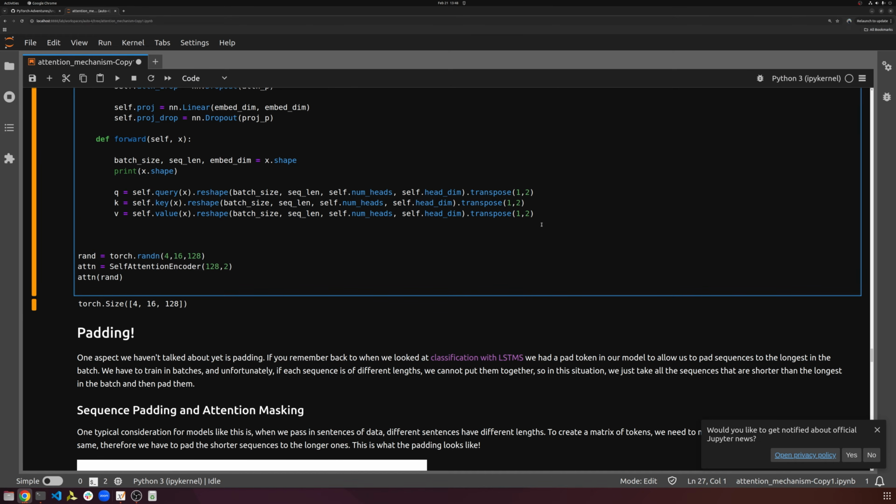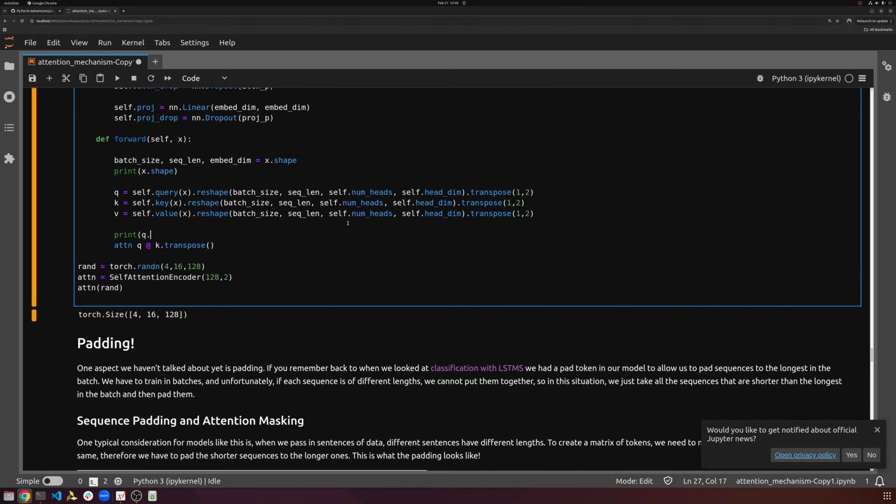Attention will be computed exactly like how we did before. So now attention is going to be Q @ K.transpose. And again, K is batch by sequence by num heads by embed dim. So we want to do a num heads by head dim times a head dim by num heads. Or sorry, that